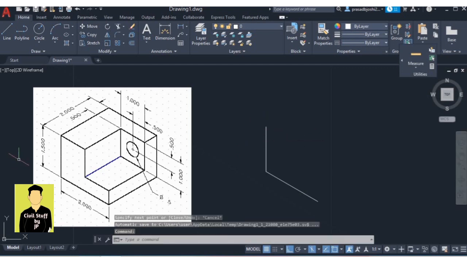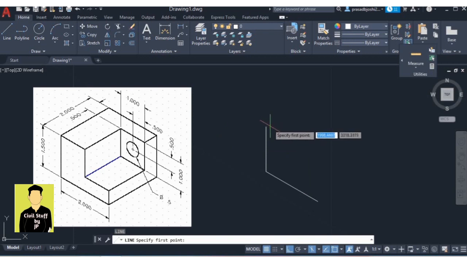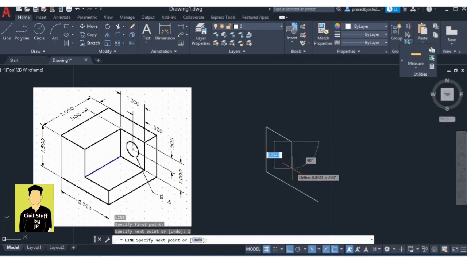So now I have to draw this L section. So for that, you can see that this whole line is of 2 units, and from this is 1 unit. So we can say that this short line is of 1 unit. So I will press again L, enter, and select this point and draw a line of 1 unit from here. Now I will again draw a line of 1 unit in the downward direction.